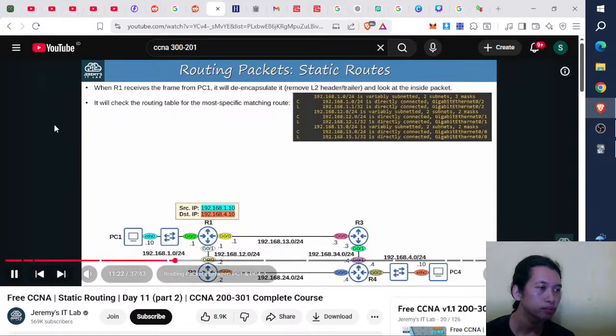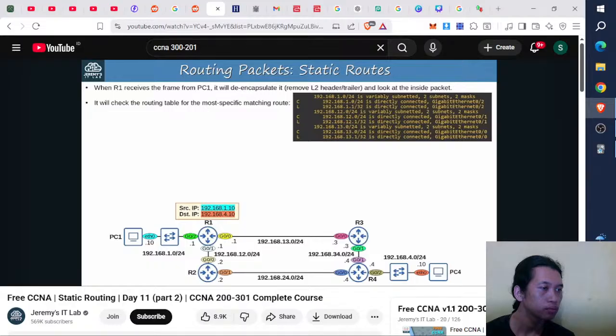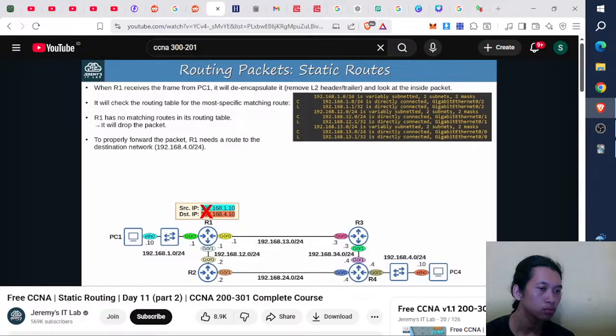So here is R1's routing table at the moment, just connected and local route. Do any of these routes match the destination IP of the packet? No, R1 has no matching routes in its routing table. So what will it do with the packet? It has no choice but to drop it. In its current state, R1 doesn't know how to properly forward the packet. To forward it, R1 needs a route to the destination network,